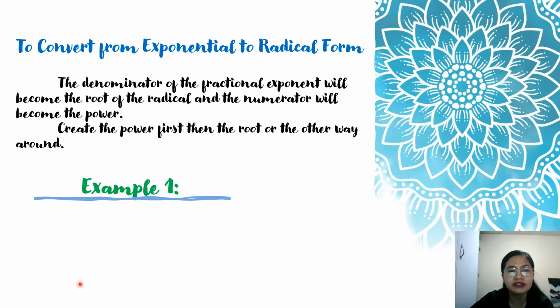To write expressions from exponential form to radical form, the denominator of the fractional exponent will become the root of the radical, and the numerator will become the power. So create the power first, then the root, or the other way around. So example 1,